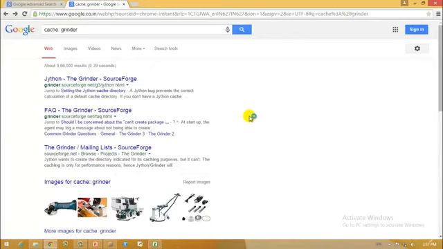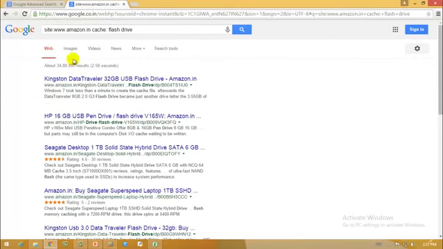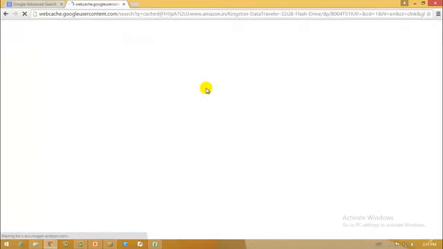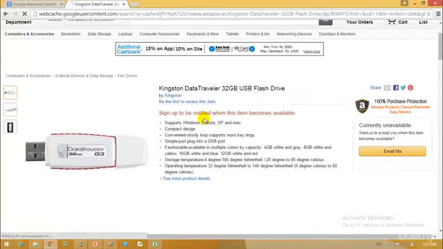So in this way, what a hacker can do is, let's say I type site:www.amazon.in and cache, let's say flash drive, and if I hit enter, let's see what we get. As you can see, we have everything starting with the site Amazon, and we have the cached link. If I check the cached web page, and the Amazon website is not careful in clearing its cache memories, then what may happen, for example, is that Amazon has this 3G data traveler, let's say on the 30th of December, at any specific